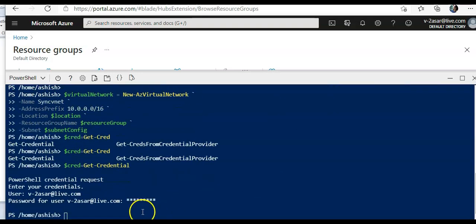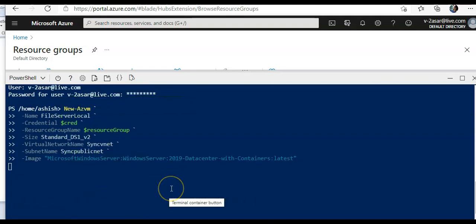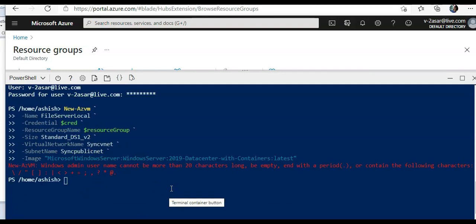Okay, done. Now I will create the Windows Server machine. It is creating a Windows Server machine with the size Standard_B1s v2.